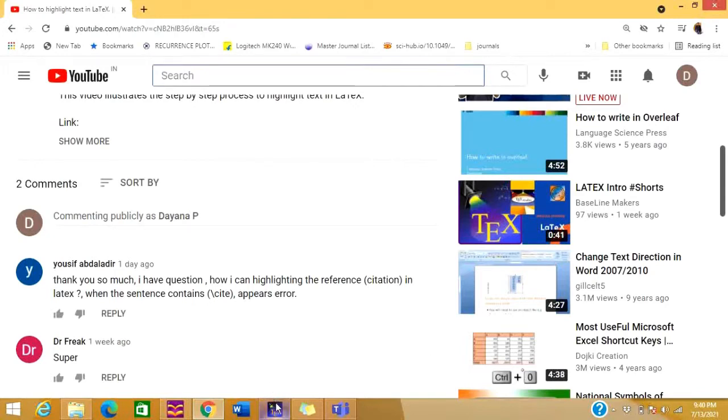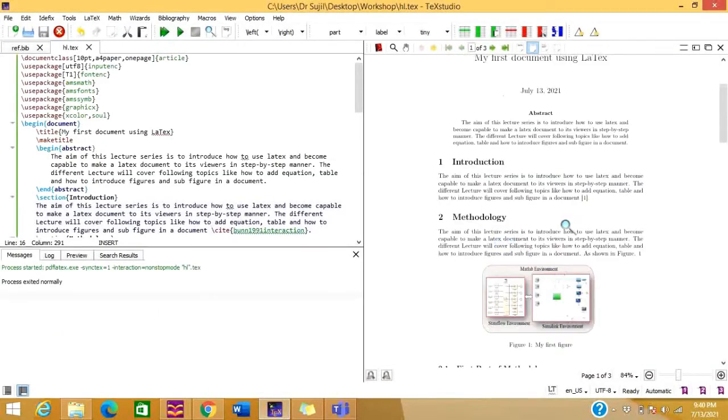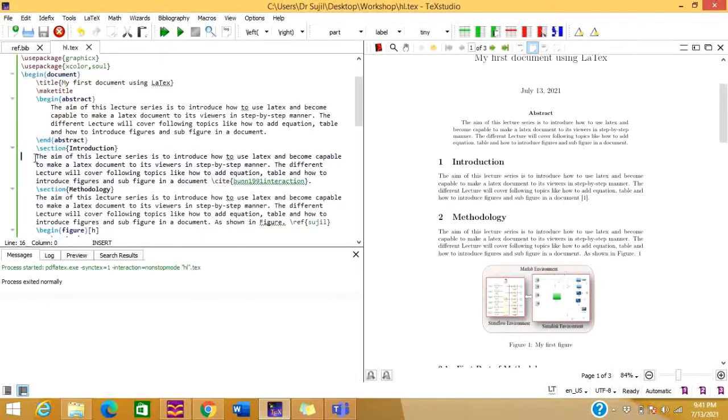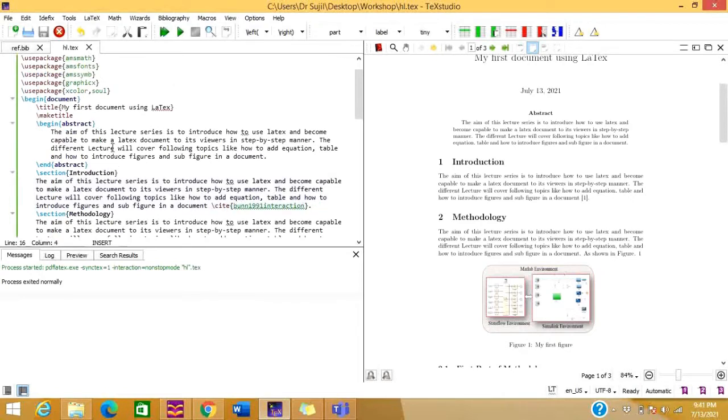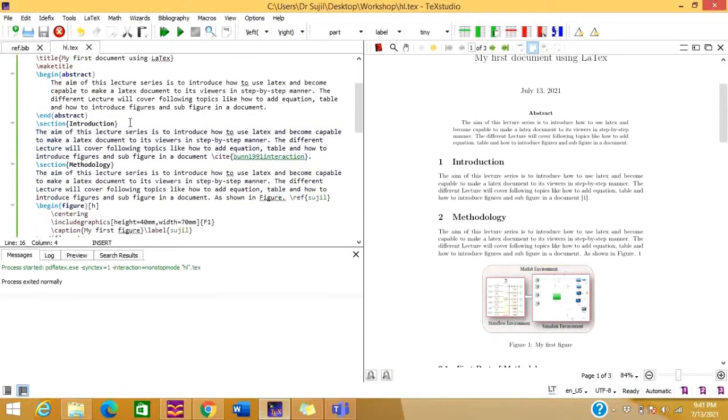For that, let us move to the text file. Here you can see that you have the reference number 1. Now let us try to highlight this complete introduction, or complete portion, and see what is going to happen. For highlighting this, as I explained in an earlier video, we need two packages, that is \xcolor and soul.